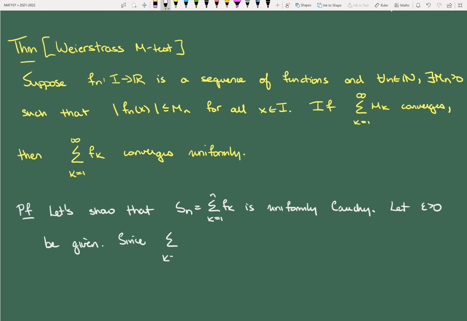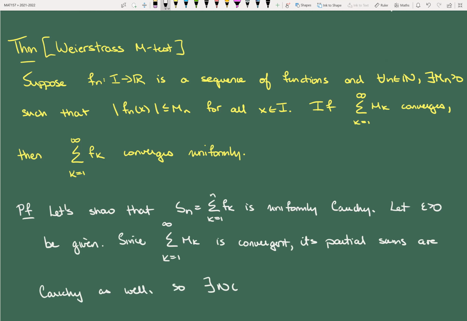Since the sum from k equals 1 to infinity of Mk is convergent, its partial sums are Cauchy as well. So there exists some N in the naturals such that for all m greater than or equal to n greater than or equal to N,